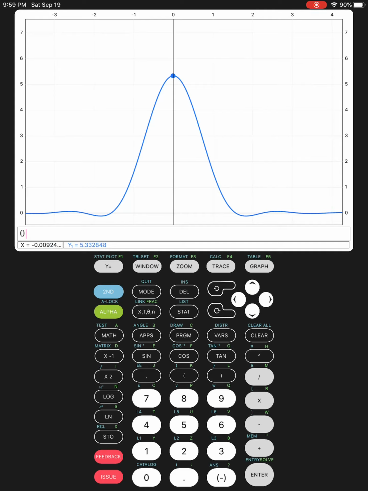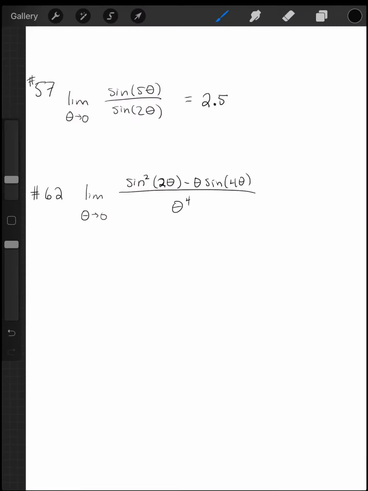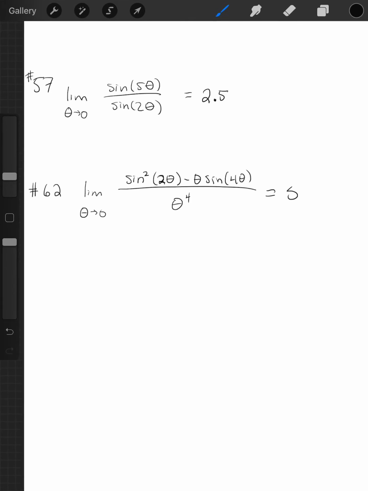So it looks like 5.333, let's say. I'm looking at the very little numbers on the screen, so hopefully they'll be easy enough to see when you're looking at the video. It looks like it's getting to at least 5.33. Then we go slightly positive, and we're at 5.333 again. So it really looks like we're getting up to 5.33 at least. Just by looking at that graph,